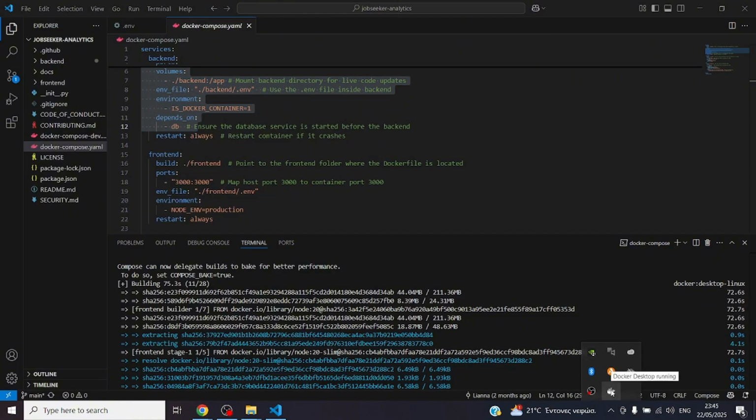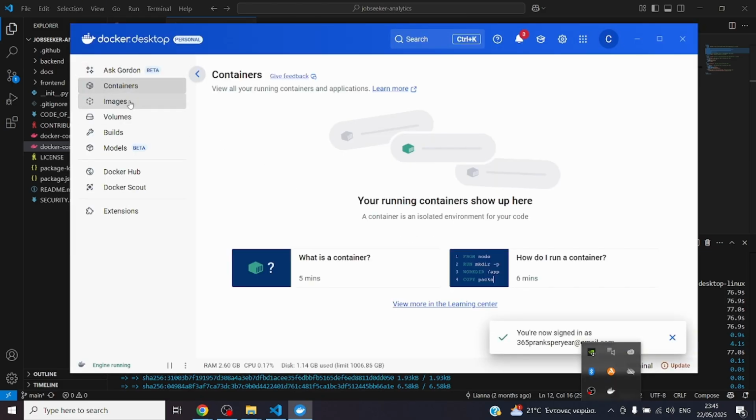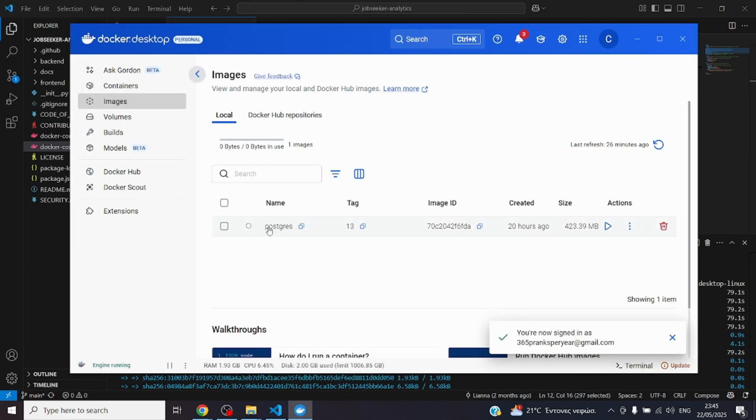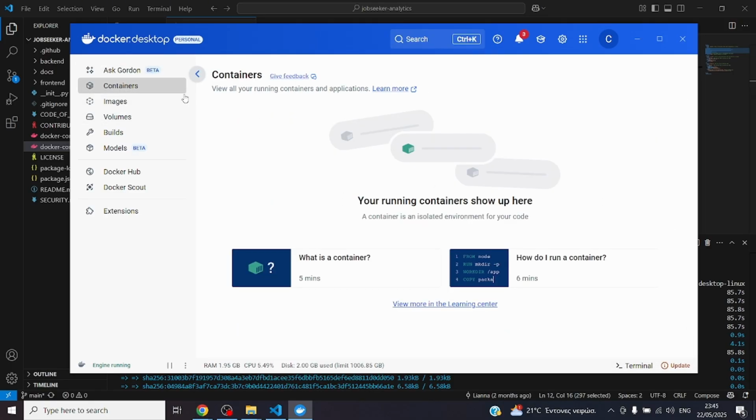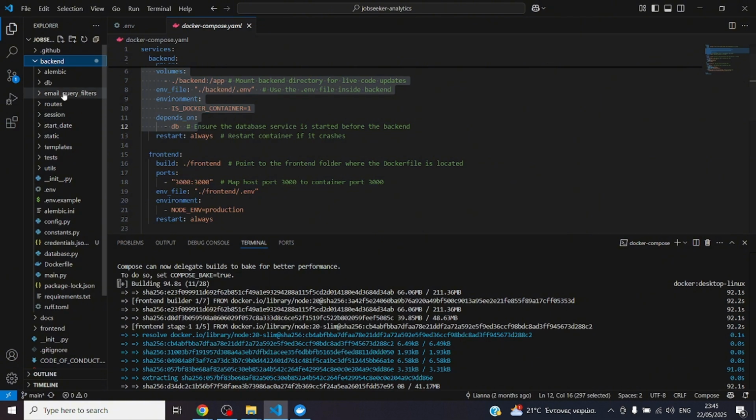Also, we can see here on the Docker Desktop that our images are being pulled. So we have the Postgres here, and the container we will finish will be shown here. Also something interesting is how the application will be